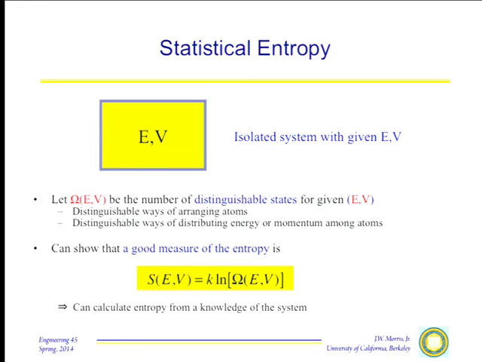Now I said before, we calculate entropy from a knowledge of the system. I can turn the sentence around. The entropy is kind of a measure of my lack of knowledge of the system. I mean, how many states can the system be in? Well, if I hypothetically knew, under the uncertainty principle this isn't possible, but let's go to classical mechanics, assume it is, if I hypothetically knew exactly where every atom in the system was and what its kinetic energy was, then there would only be one state that it could be in.